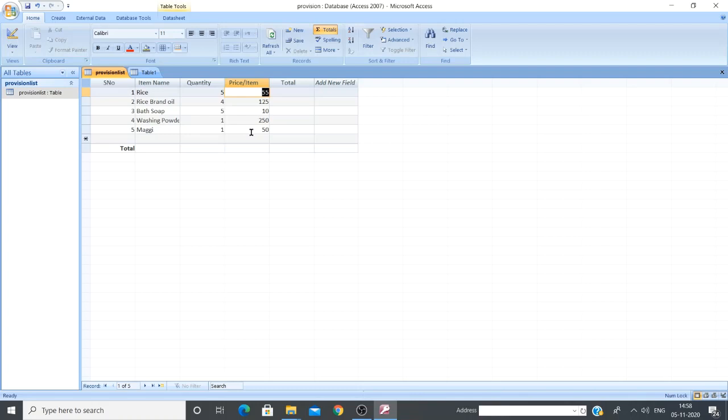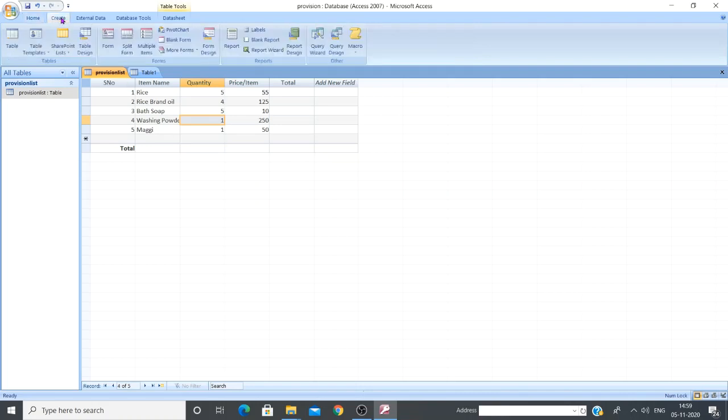Then after adding items, that means you have created the table. You designed the table and you have entered records. So far you have entered 5 records. Got it? So this is the way we create tables. Well, the next one is query. In the query, we are going to make some questions, right? So let's see. Let me go to create, and go to query wizard.